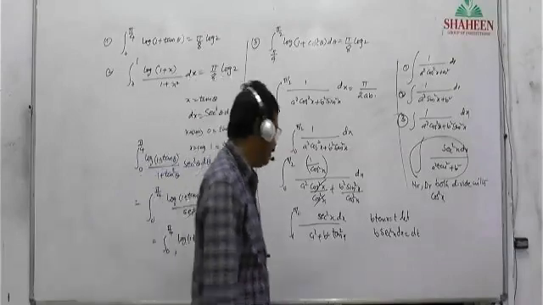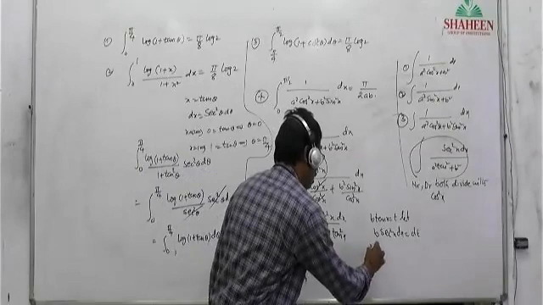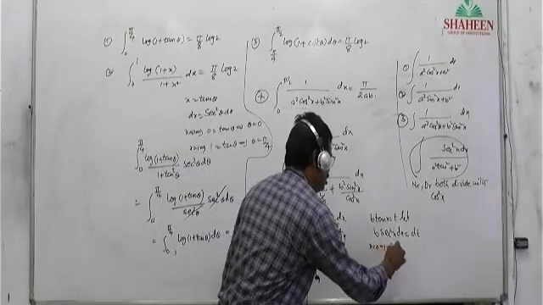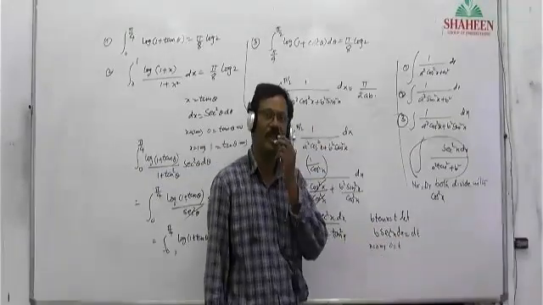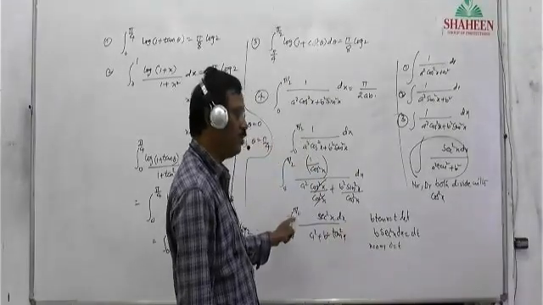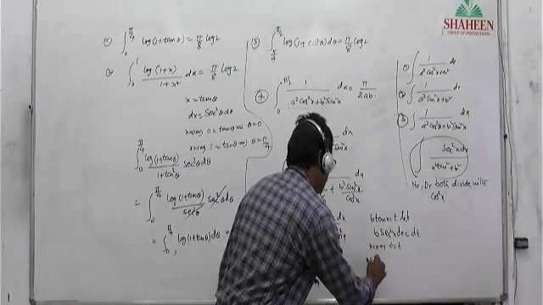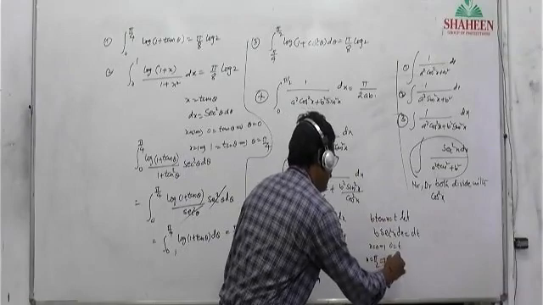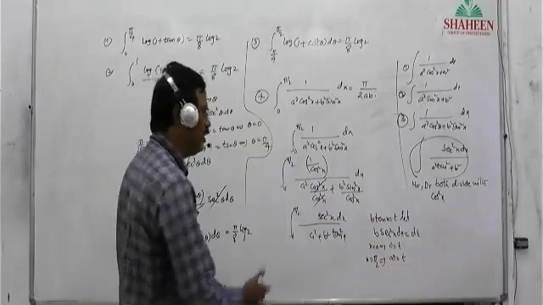Now see that here, x lower limit is 0. Put x is equal to 0 here: tan 0, 0, is equal to t. Therefore, t lower limit is 0. And what is the upper limit? Pi by 2. Now put x is equal to pi by 2. Then tan 90 is infinity, equal to t. Therefore, we got t is equal to infinity.